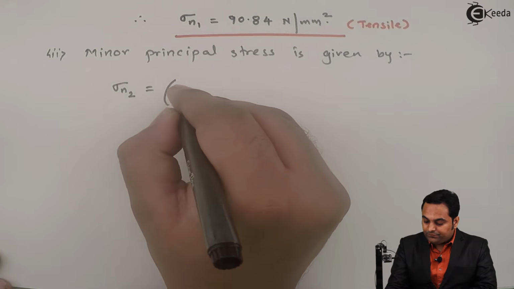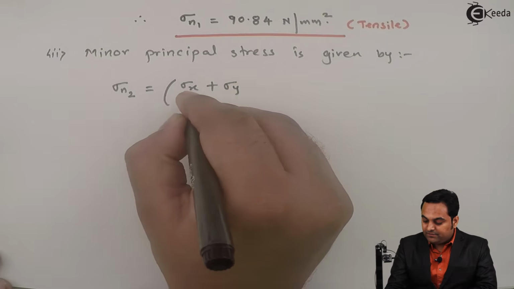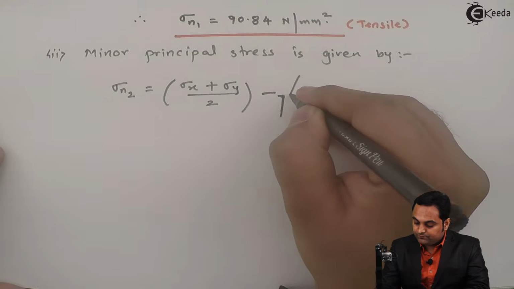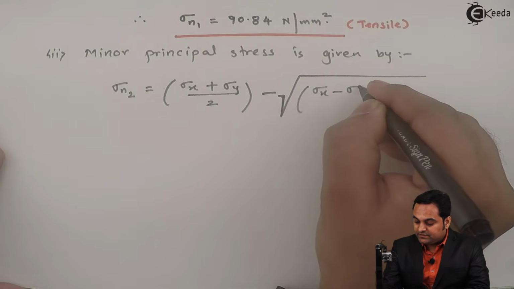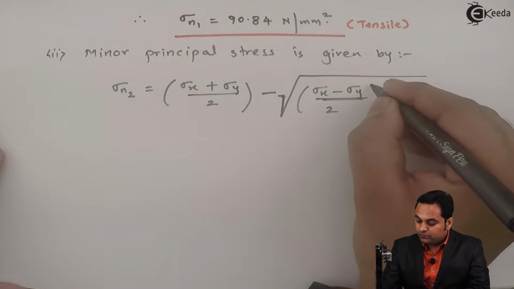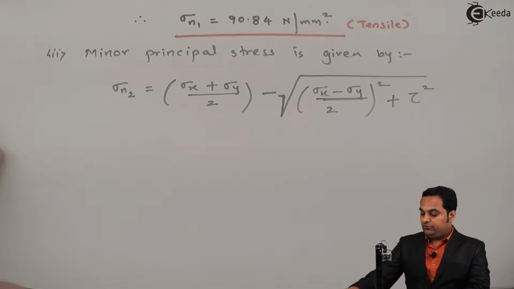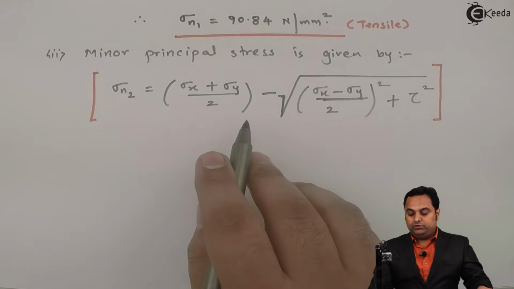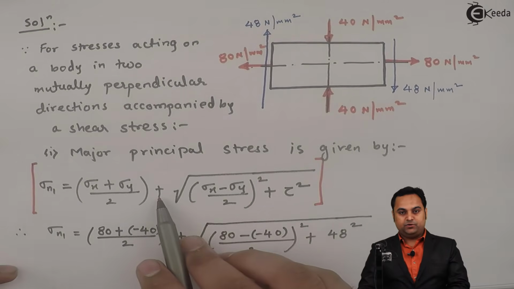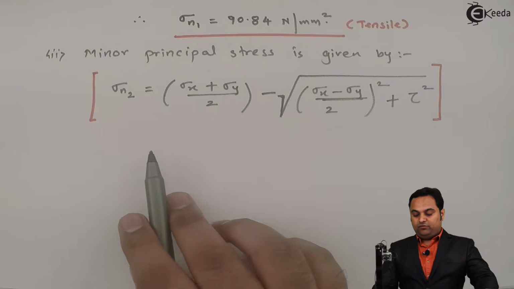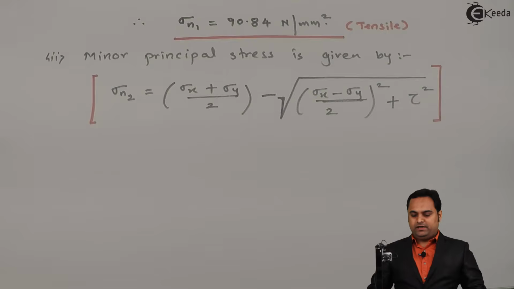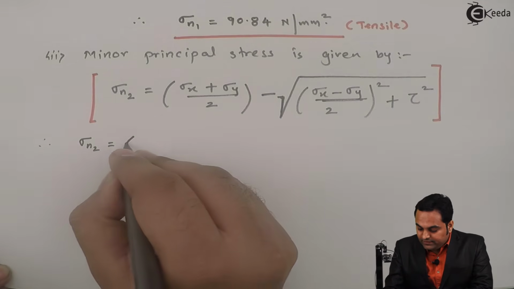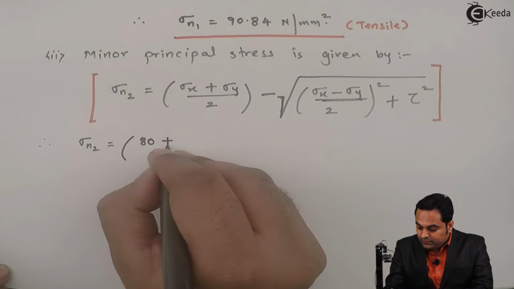sigma n2 is equal to the same formula, sigma x plus sigma y by 2, then there is negative sign, root of sigma x minus sigma y by 2 whole square plus tau square. So this formula is similar to the one we have seen for major principal stress. Only difference is, in major principal stress we were having positive sign, here we are having negative sign. Now we will put the values in this formula. Sigma x was 80 positive, sigma y negative,